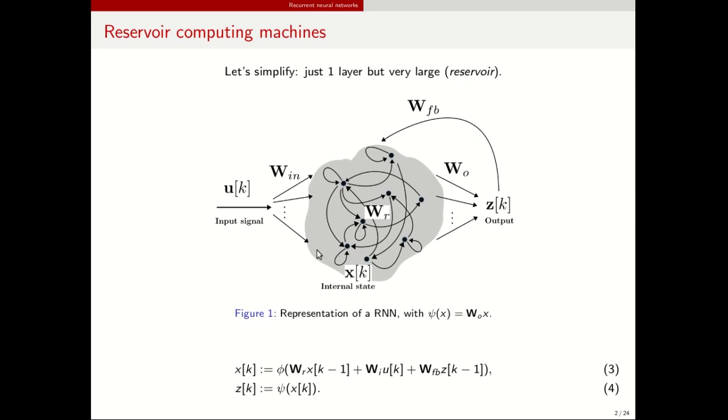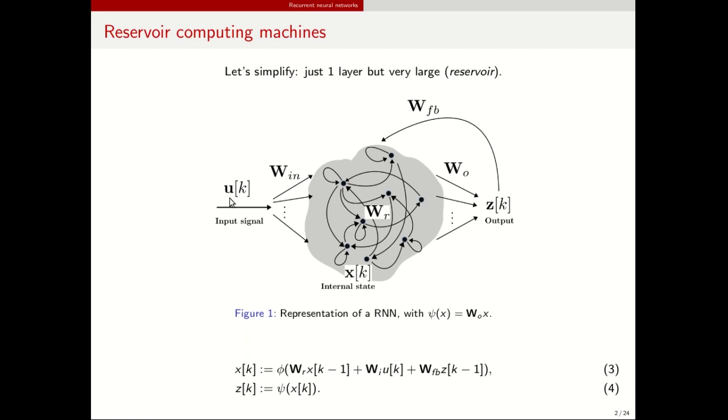The reservoir is represented by this gray region. The black dots are the neurons of the network. All these arrows inside the gray region are supposed to be the recurrent connections of the neural network, and as before